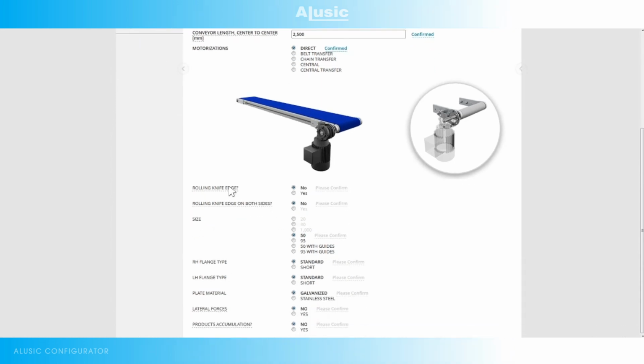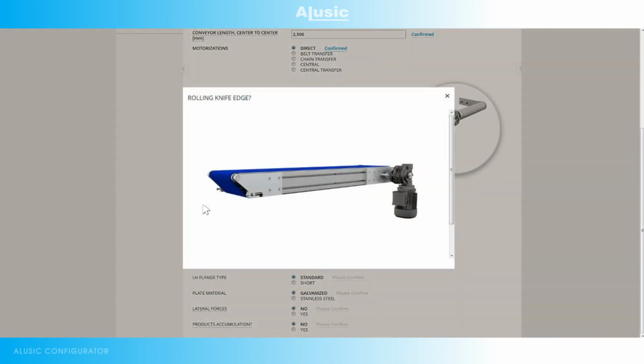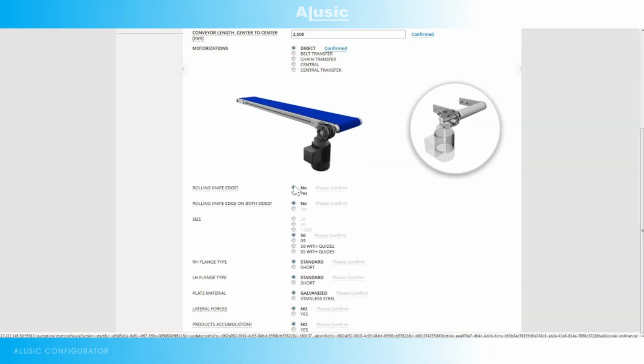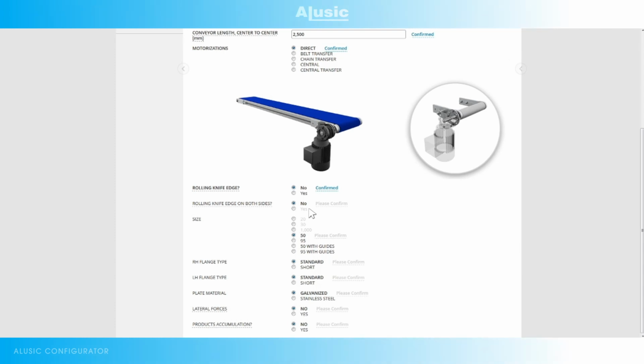Rolling knife edge idler to allow material with a smaller diameter to enter. Rolling knife edge on both sides, so a smaller diameter on entering and leaving. In this case, as you can see, the yes option is blocked out and not available. However, if our layout requires one, and we have to have a rolling knife edge idler on both sides, we click on yes,